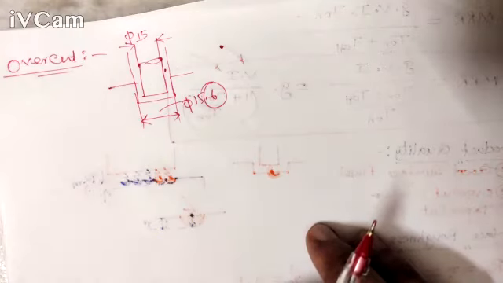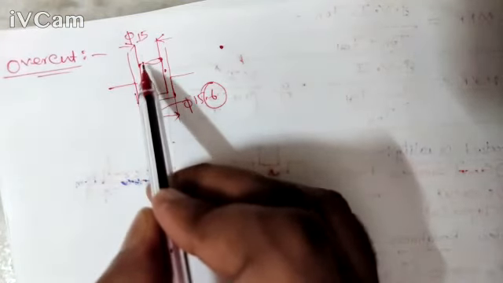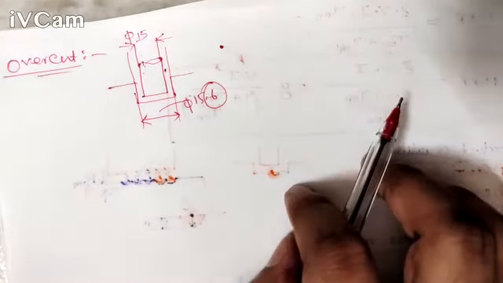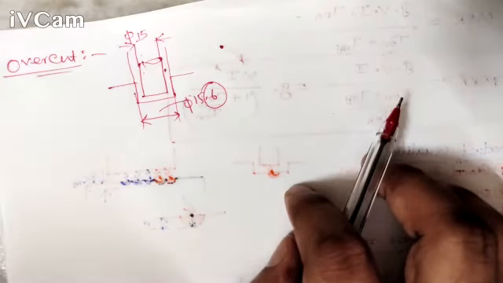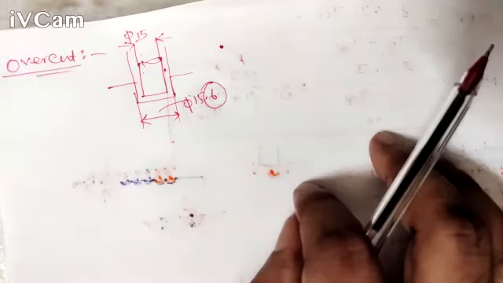How to reduce that? We need to choose a tool which is that much smaller in diameter. Otherwise, we have to perform some experiments and choose the correct diameter tool in order to get exactly 15 diameter in the hole or in the machining zone. That is the possibility we have. Otherwise, we cannot get the exact dimension all the time.